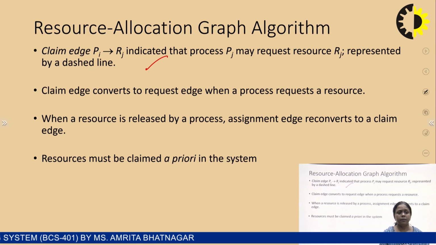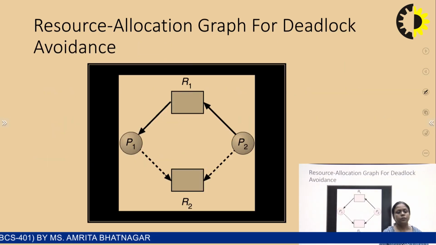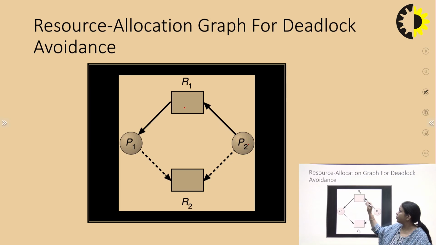Resource must be claimed a priori in the system. So you can see here this is a diagram where we have one allocation. R1 is allocated to P1, P2 is requesting for R1, and we have two claim edges. In the future, P1 and P2 can demand R2. So this scenario we can show by the help of claim edges, and this claim edge is represented by the